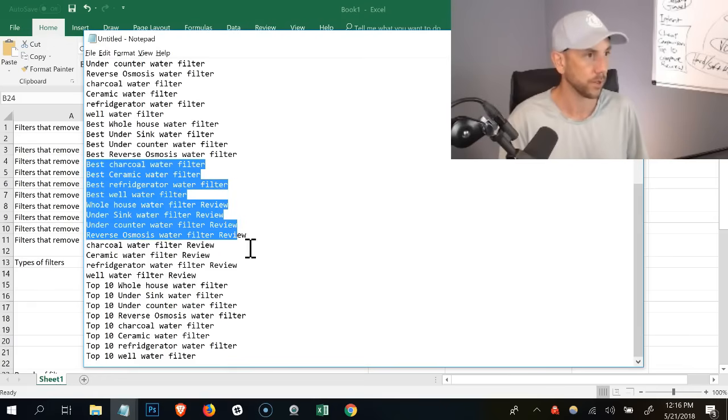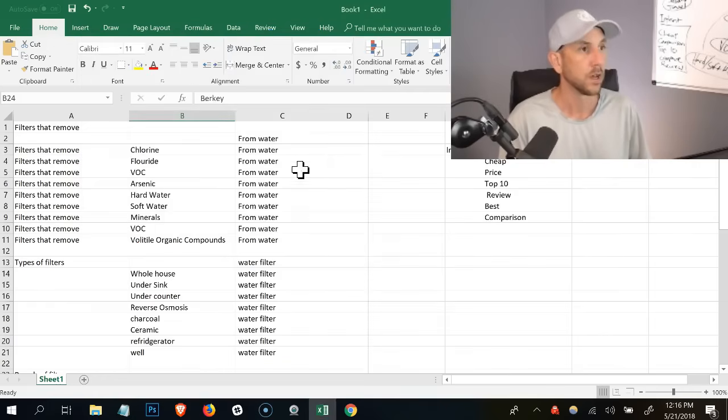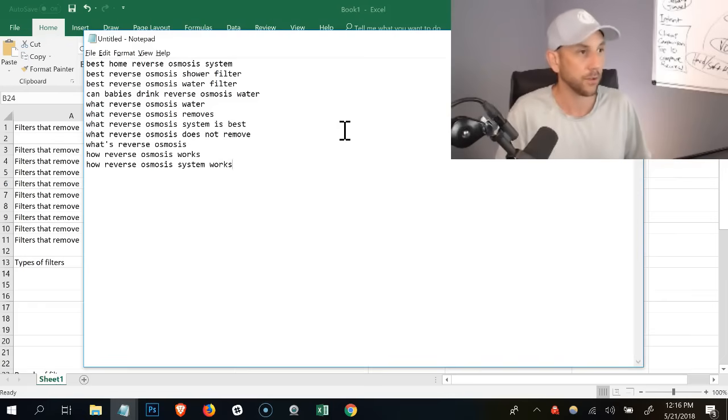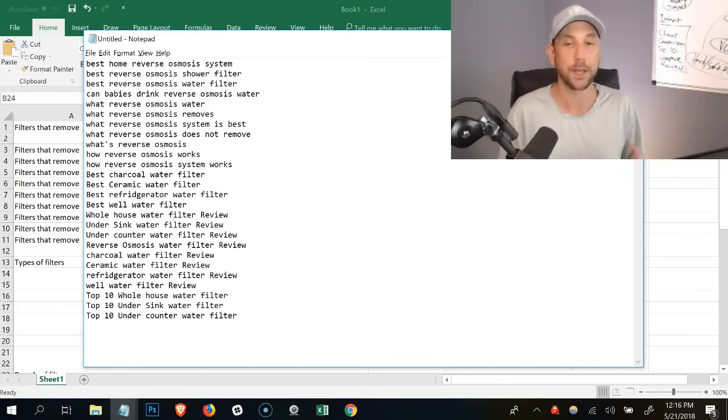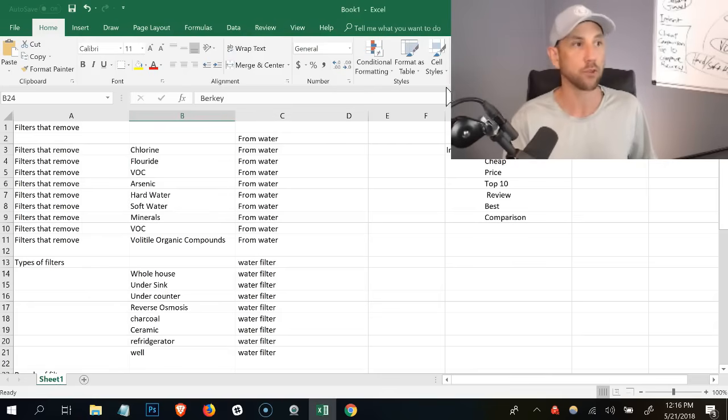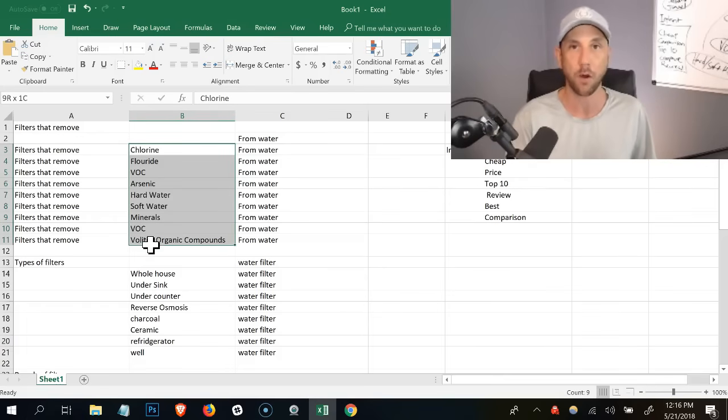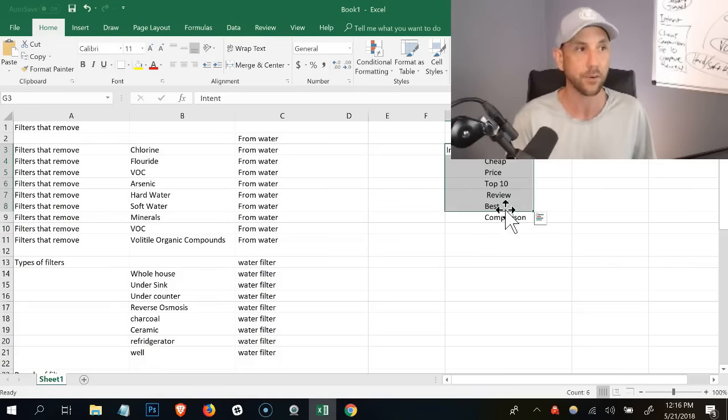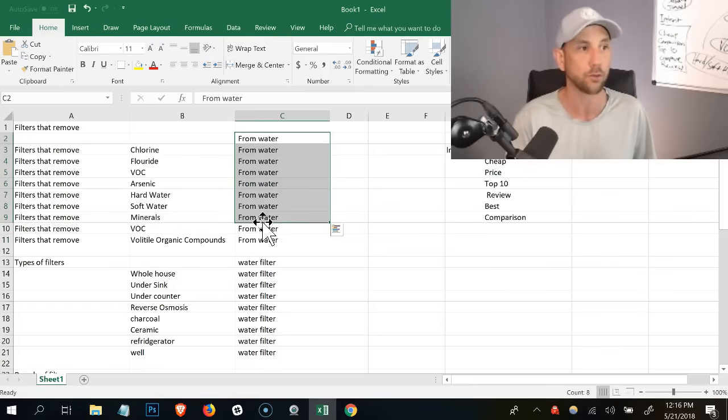Just gonna grab a few of these, because what I'm trying to show you now is, at this point, you should have a list that has been sorted a bit, right? So again, we start with all these raw ideas, we merge them all together, right? Merging the nodes we came up with in our mind map with the intent phrases, with the relevant phrases around it. We cross-reference that to make sure they have search volume. We now have a list of ones that have search volume.